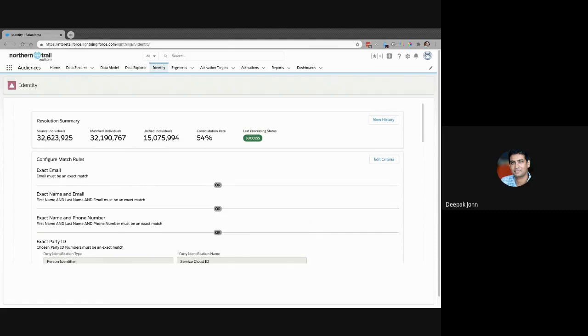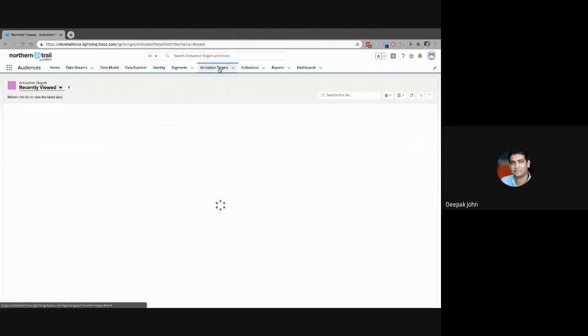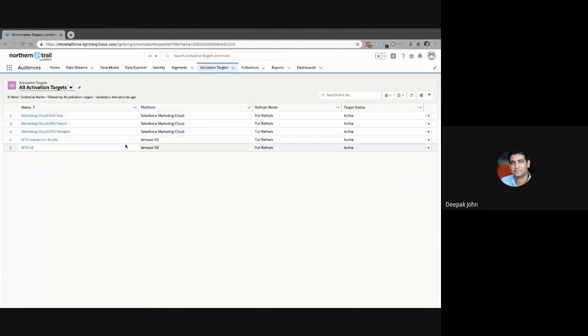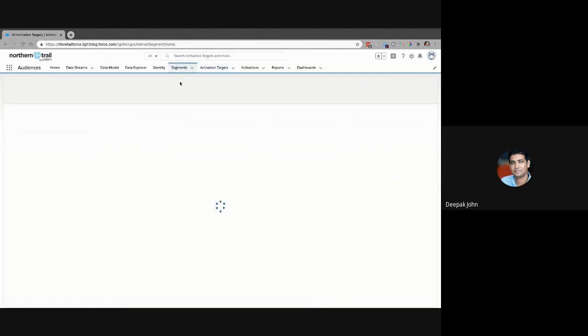So this is where you begin to define your activation. Again, in our case, we've got Marketing Cloud and a few other sources that are defined. Let's see, all activation targets. Marketing Cloud, you could push that back into Interaction Studio, back into Service Cloud if you need. And in the future with APIs, you can stream those as well. So once you've defined your target segments, you know exactly how you're going to engage with them. You then define who needs to be sitting in these target segments.